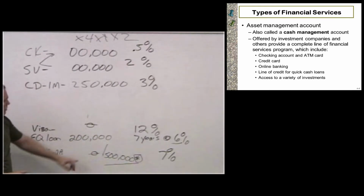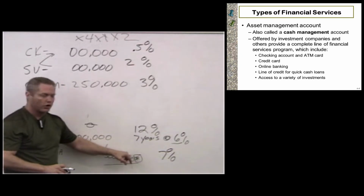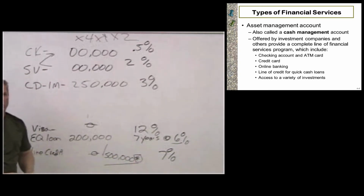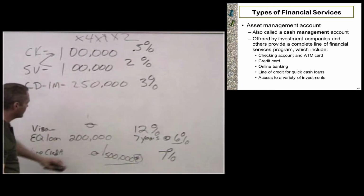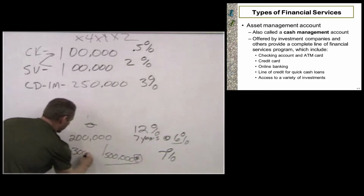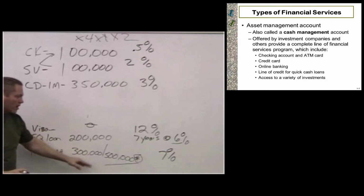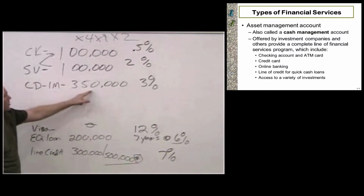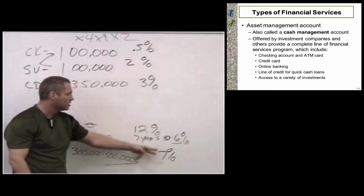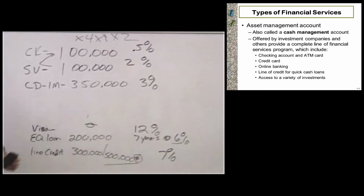That's all well and good, but what happens if this bank gets in trouble and it gets frozen? Or you've run yourself cash poor and some other unanticipated thing happens, right? We don't want to get ourselves in that situation. Just a bad idea all the way around. So I'm going to want to pull that money off my line of credit to pay for this and leave myself in a much better cash position. Even though, yes, I borrowed $300,000, I am paying 7% interest, and I got $300,000 here, and I'm only getting $3,000. I am losing money, but our bank or our company is in a much safer position using it this